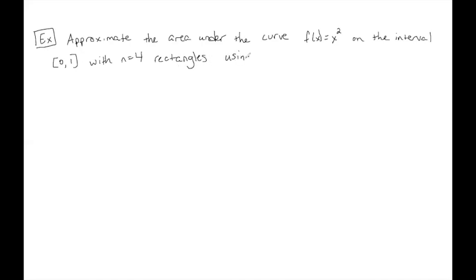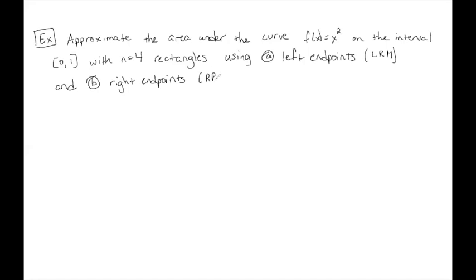And we'll do it using A, left endpoints, sometimes called the left rectangle method, and B, right endpoints, sometimes called the right rectangle method, just for short. Okay, so let's work through this, and I'll try to come up with a nice list of steps that we can follow. So the first thing you should do